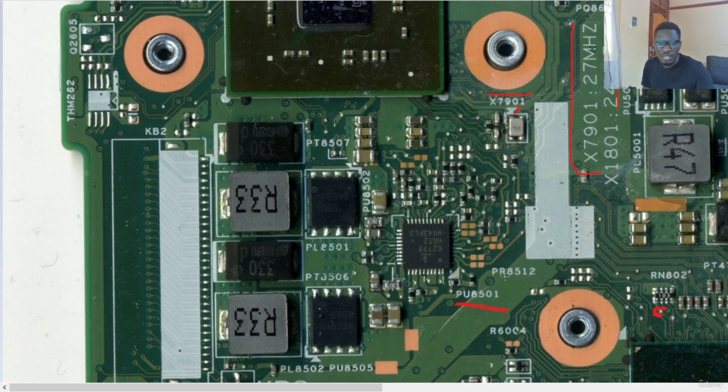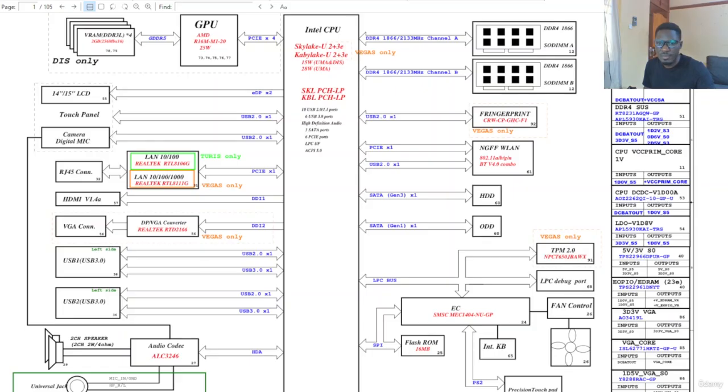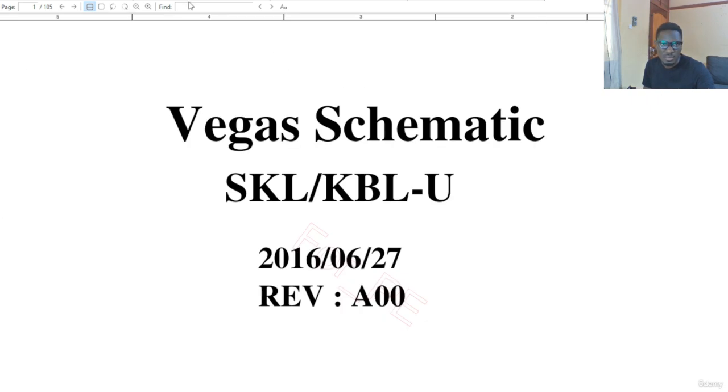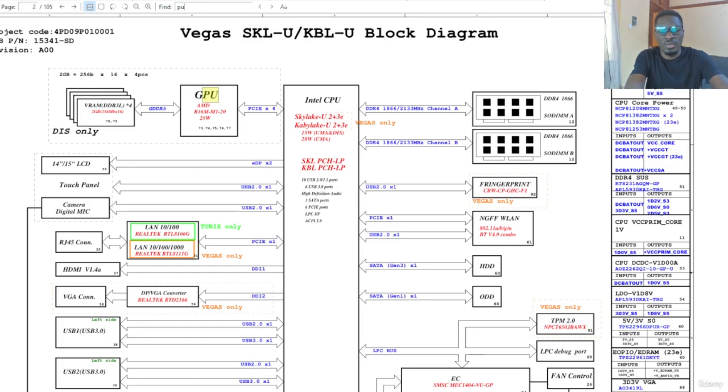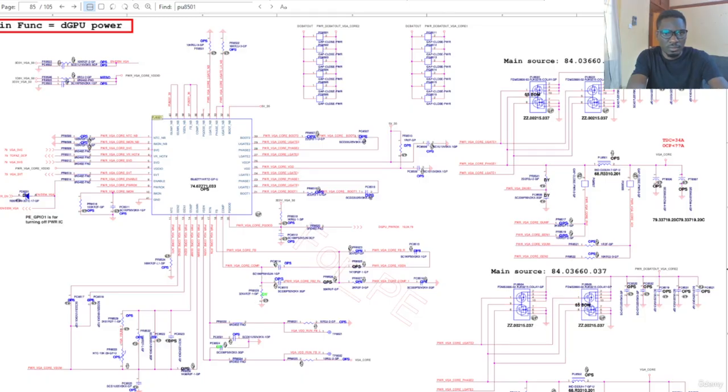So if you have a motherboard and you want to know which chip this is and you want to find it in schematics, you have to use this code. You get this code, it's called PU8501. You head straight to your schematics, and on top of your schematics you have a search bar. In the search bar here you type PU8501. They'll bring you this same chip, and right here they are saying that this is a GPU power main